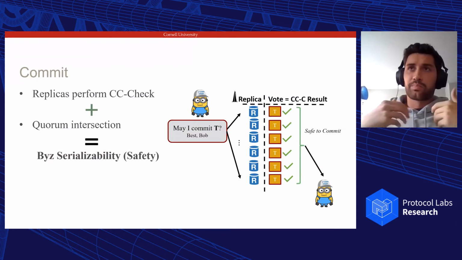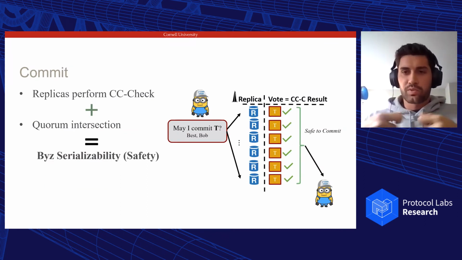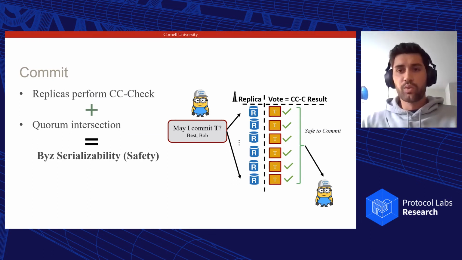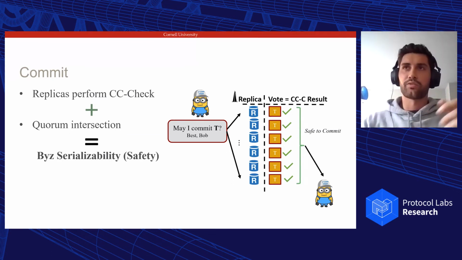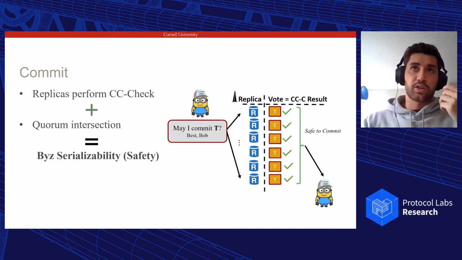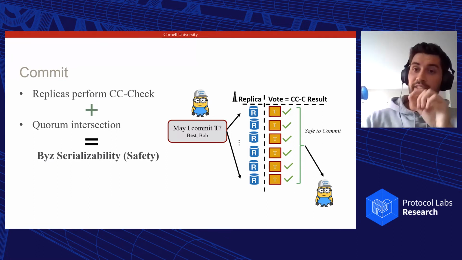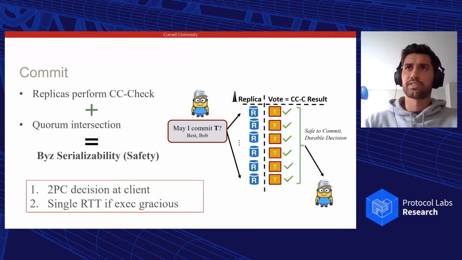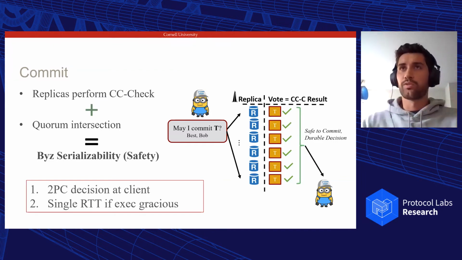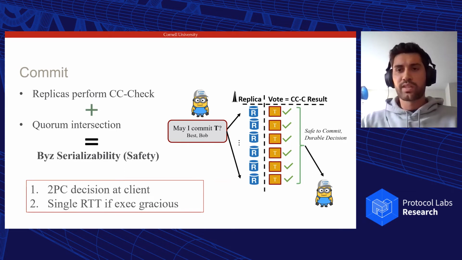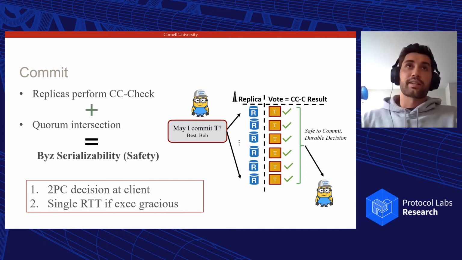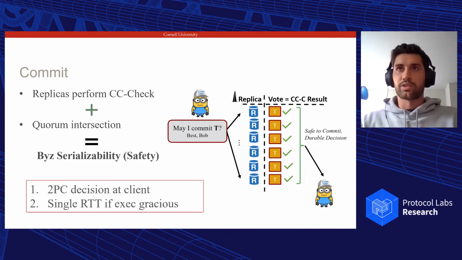And the way we do that is by having clients submit their completed transactions to all replicas and all involved shards, who then vote on the local safety of this execution by running an efficient multi-version concurrency control check. Clients just collect these votes from a shard, and if sufficiently many deem this transaction locally serializable, then we can conclude that it's safe to commit on any given shard. Right? When we have multi-shard transactions, clients simply aggregate the quorum of votes to form a two-phase commit decision. And in most cases, when there's no contention or failures, this decision is immediately durable, and clients are able to directly commit in a single round trip and return to their application.